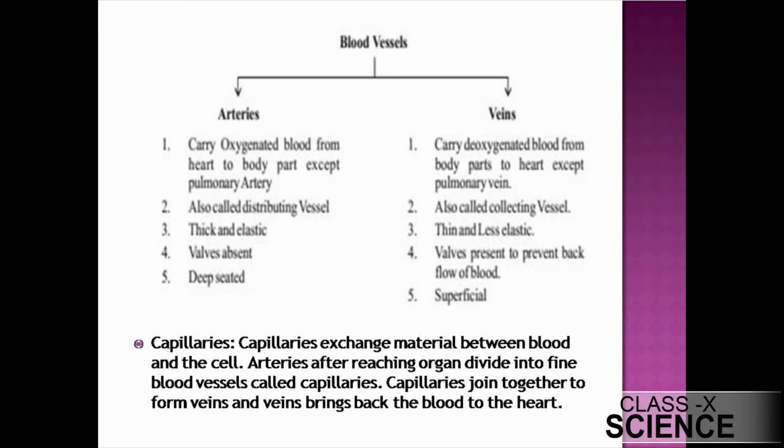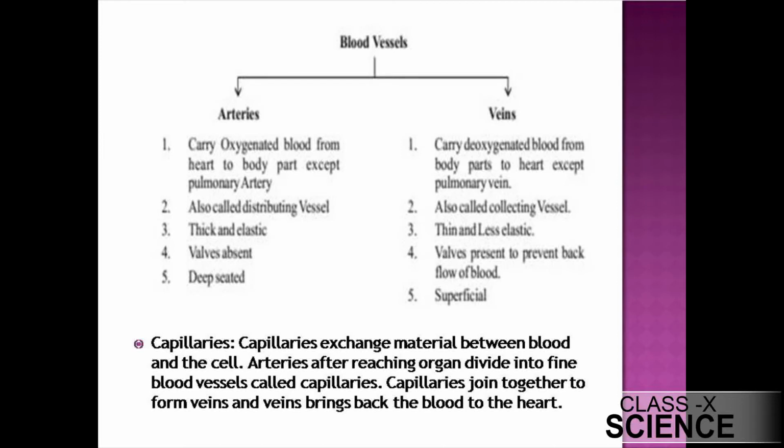Then the veins carry deoxygenated blood from the body parts to the heart, except the pulmonary vein, because the pulmonary vein is the vein that carries oxygenated blood. This is the exception. The pulmonary artery carries impure blood, whereas the pulmonary vein carries pure blood. Next,